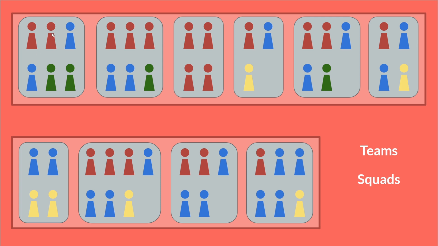So maybe dark red is a back-end dev, blue would be a front end, this green would maybe be a QA person, this yellow might be a UX person. And so we can see different teams have different people of different roles. We have different squads, and each squad may have a different makeup for how many people represent each different role. And there may be some full stack people or whatever, right? This is just to convey ideas.